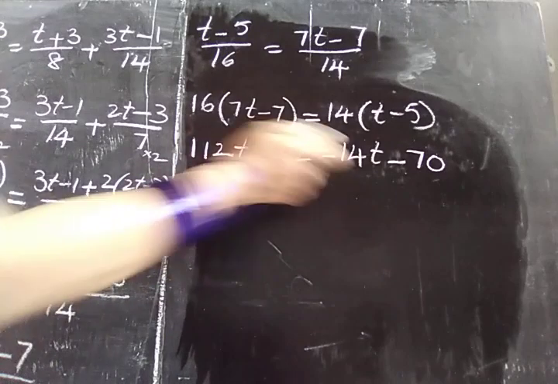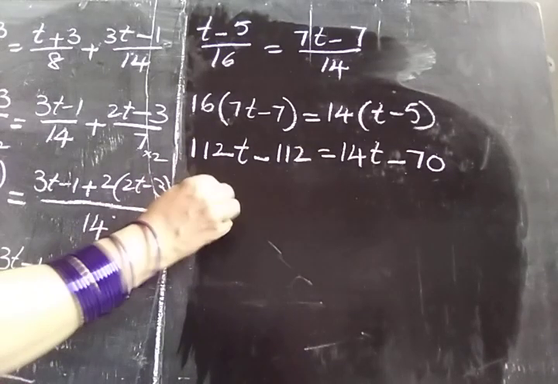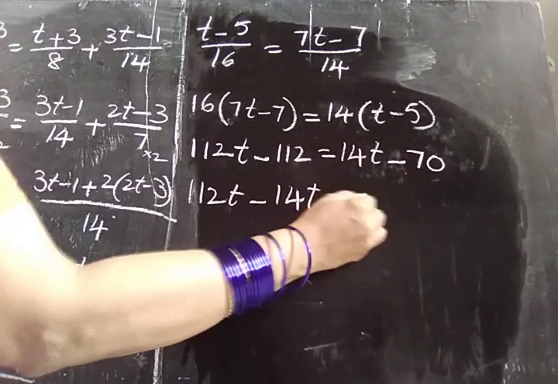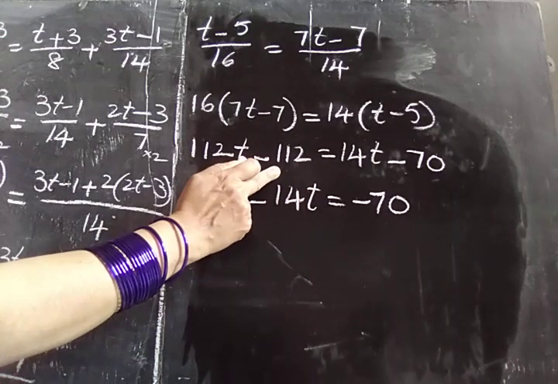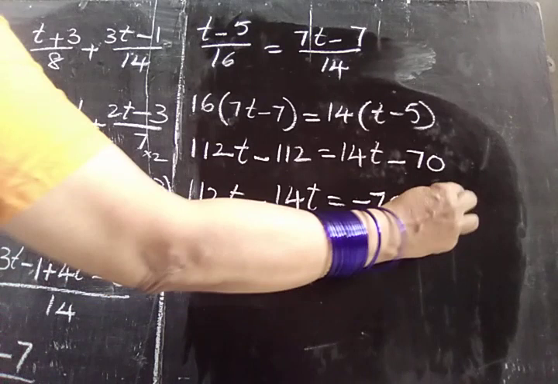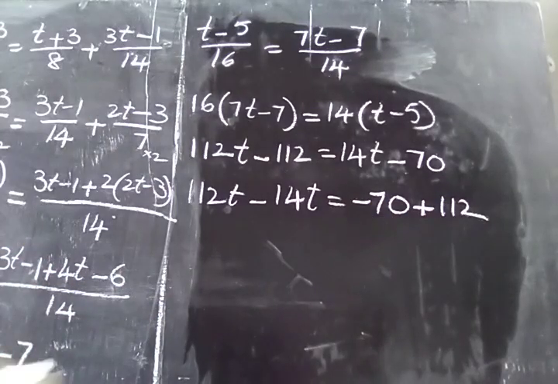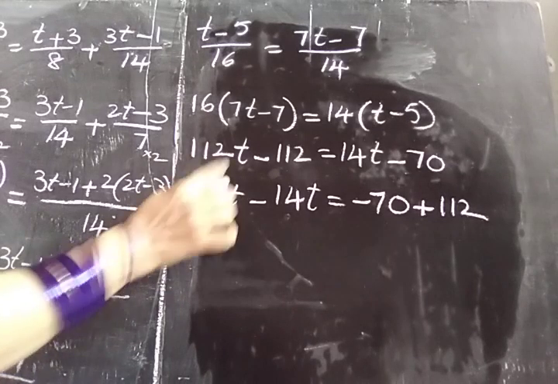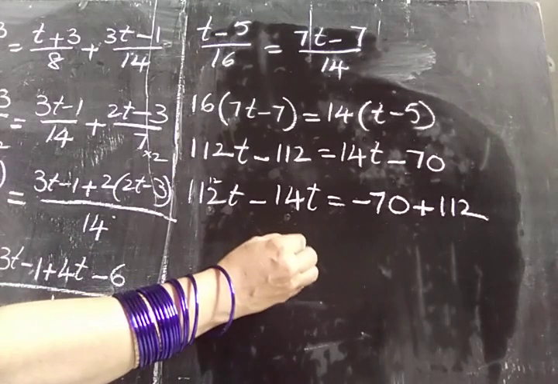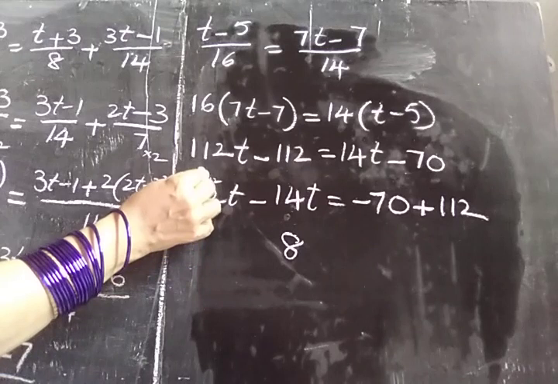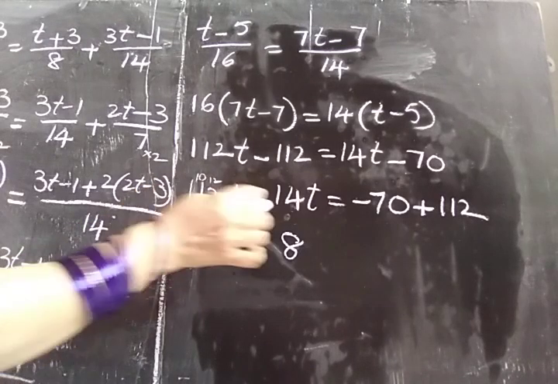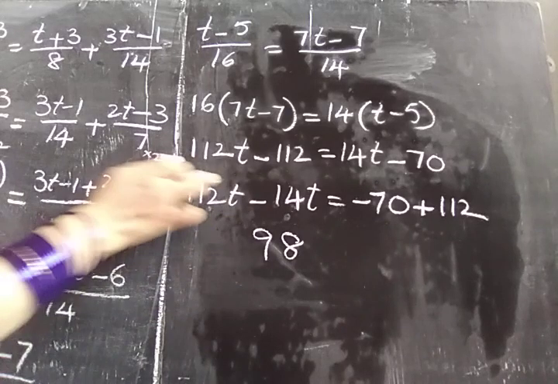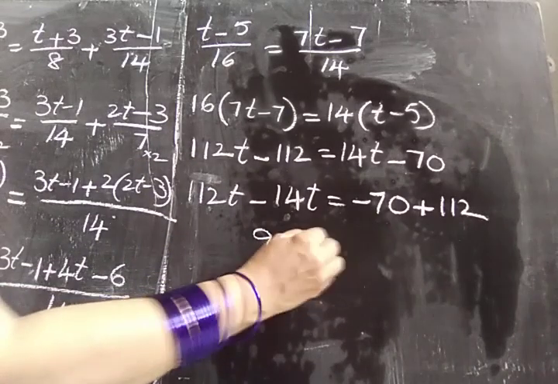Now t term transposed to LHS. 112t minus 14t is equal to minus 70, constant transposed to RHS, plus 112. 112 minus 14. Here 12 only, na? 12 minus 4, 8. Here 0 only, na? Means 10. 10 minus 1, 9. Here 0 only. So then 98t is equal to